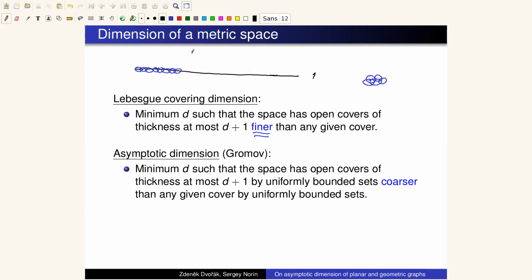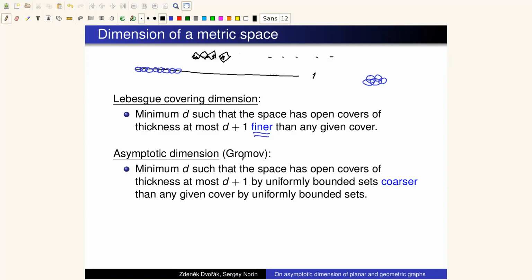If I take a lot of squares, or infinitely many squares, and connect them one after another in some path-like manner, then on the global level this behaves like a one-dimensional object, not a two-dimensional one. And motivated by